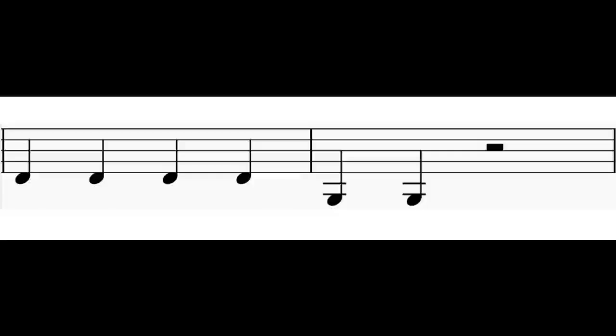Before we finish, I would just like to leave you with one last thing, and that is the notes that we practiced last week, which is D, D, D, D, G, G. What we're going to do next week is put that bit together with the bit that we learnt today, the E, E, E, E, A, A, D, and when we can put those 2 bits together, we'll be able to play the whole of Open String Boogie. So before you put your violin away, could you please practice D,